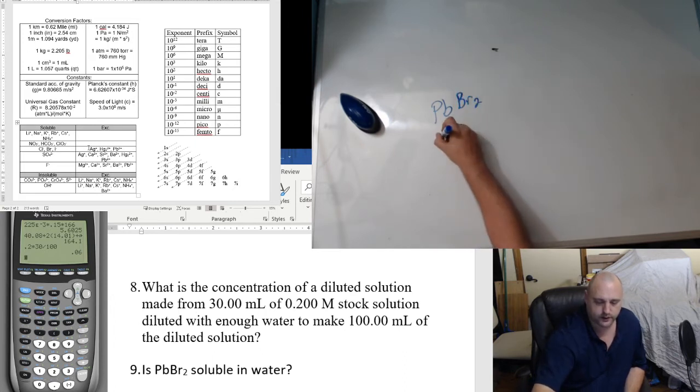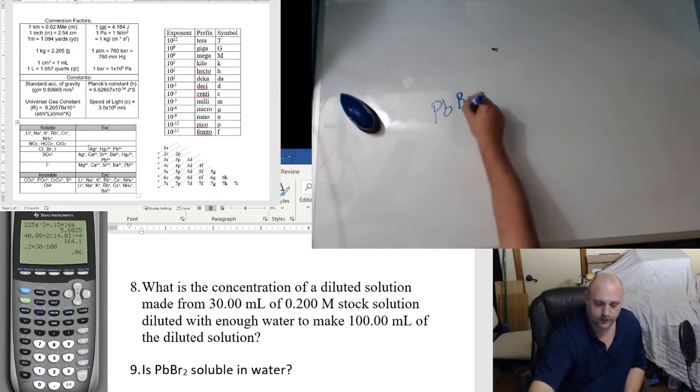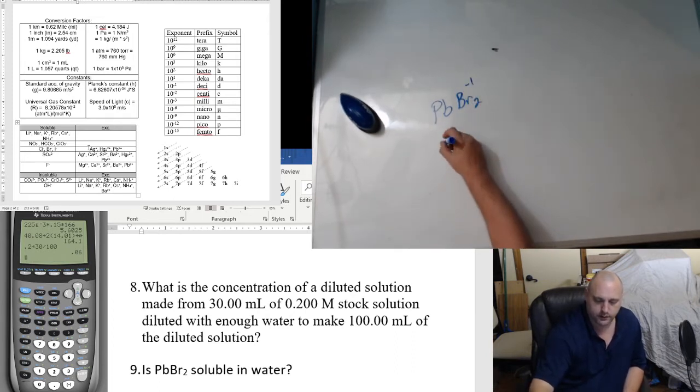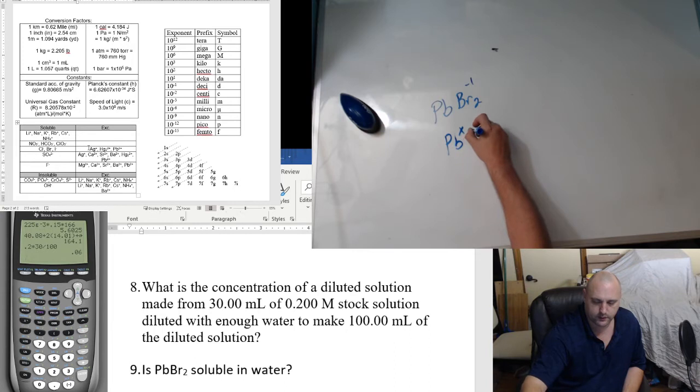So PbBr2, I'm going to double check that. And so this is in group 17. It makes a -1 charge. Now, the tet rule, and we'll cover that more extensively later. So Pb X